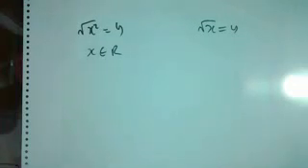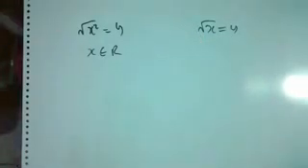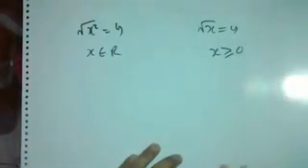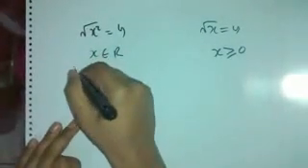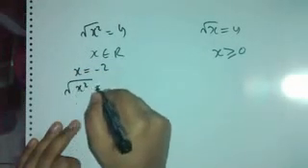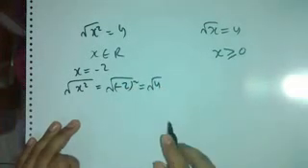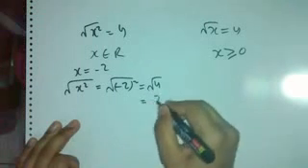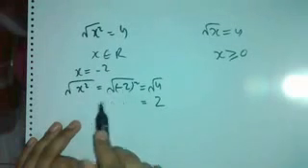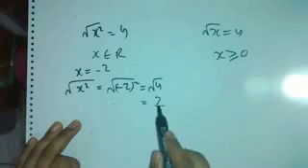So there are complex functions as well, but right now we are doing real valued functions. Alright, so this is a real valued function. Here x belongs to all real numbers. Here x is greater than or equal to 0. If we take x to be equal to minus 2, then under root of x square becomes under root of minus 2 whole square, which is equal to 4. And I just now taught you guys, under root of 4 is equal to 2, not plus minus 2. So when we put x is equal to minus 2, we get under root of x square is equal to 2.